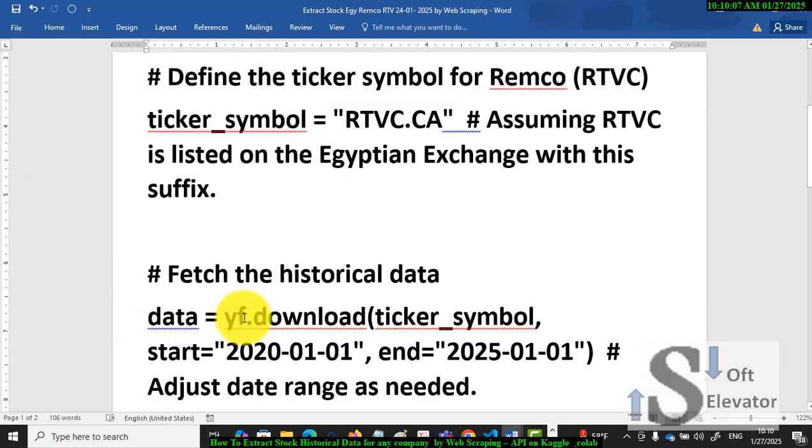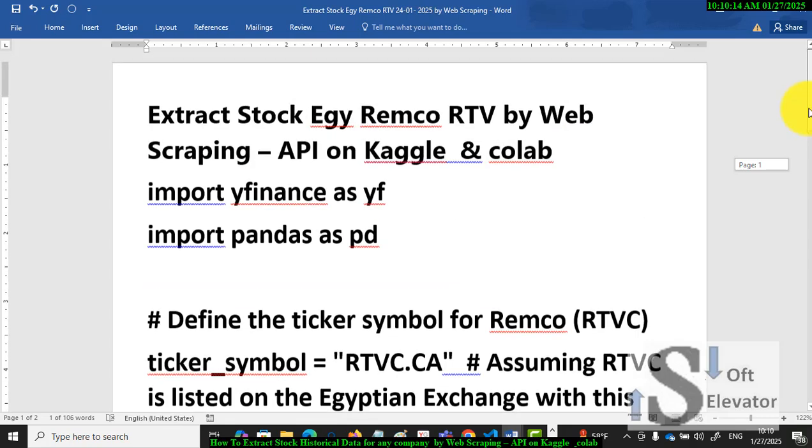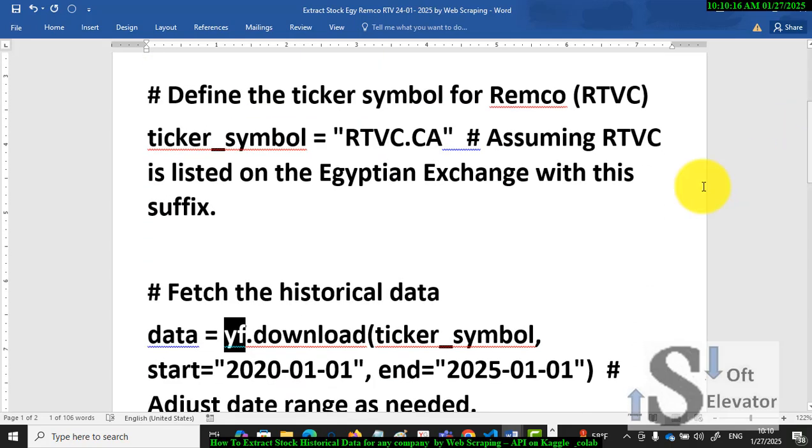Then we use YF, which is the symbol for the yfinance library. Dot download, ticker symbol, means to download the historical data related to this company, okay? So all you need is to get this symbol and search for this symbol and put it here, and then